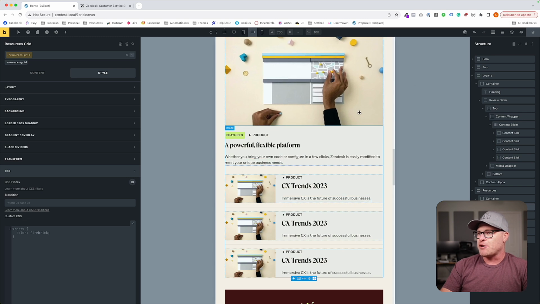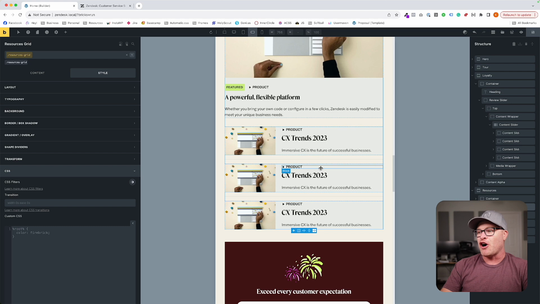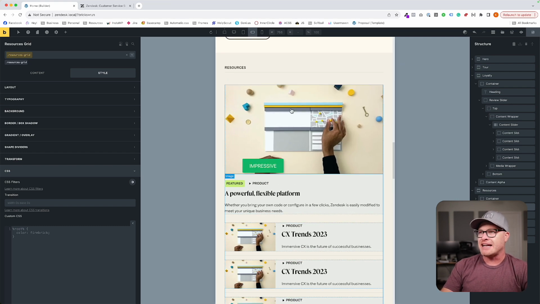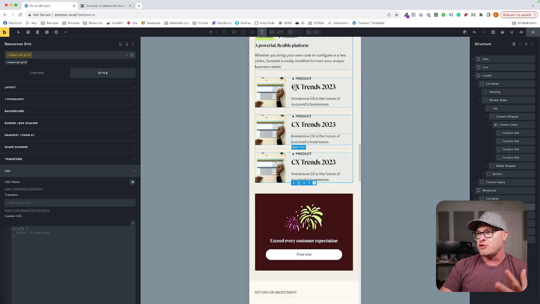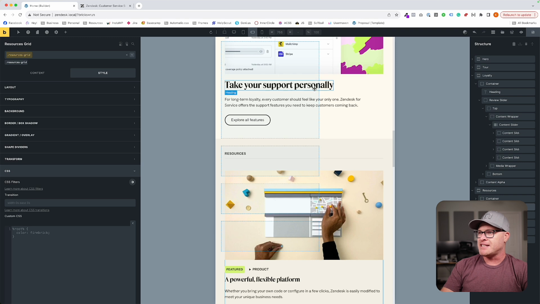So now we come down here, we don't have any overflow, we don't have a broken grid, we still have a featured card, and then we still have our wide cards below that. Everything is stacking nicely now. That's going to continue to look great down to the lower breakpoints, except for maybe,